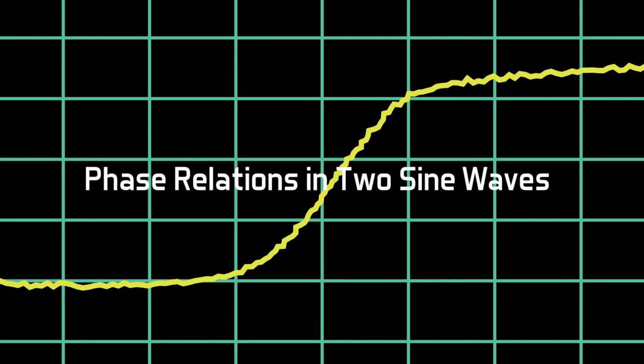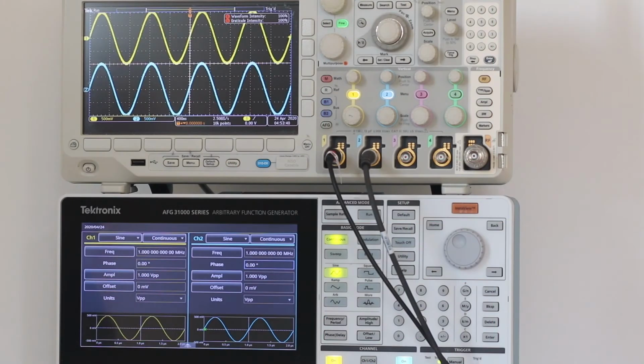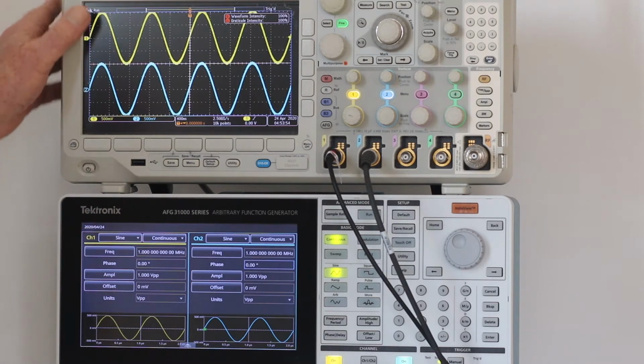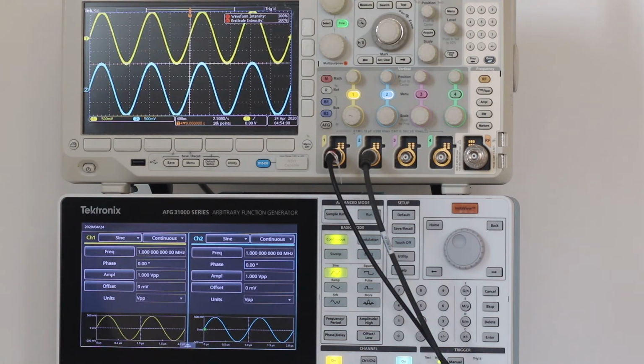Today we'll demonstrate some phase relations in two sine waves. They are generated in this Tektronix AFG 1000 series arbitrary function generator and conveyed via BNC cables to this Tektronix MDO 3000 series oscilloscope. To speak meaningfully about phase, you need two waveforms, or with a single waveform, you have